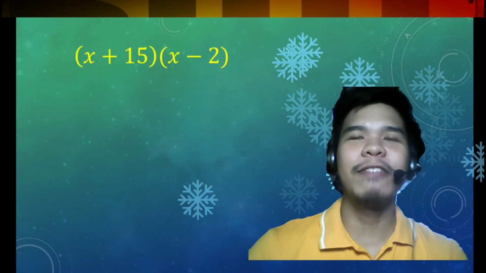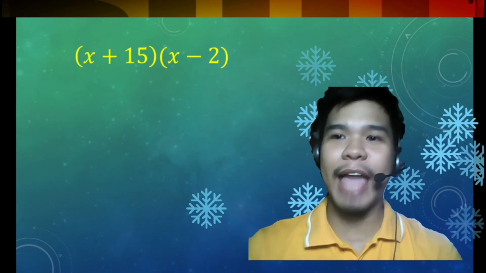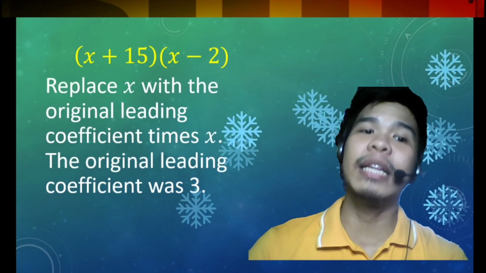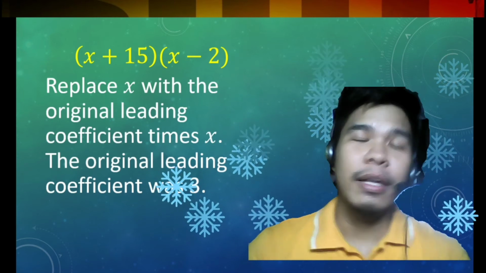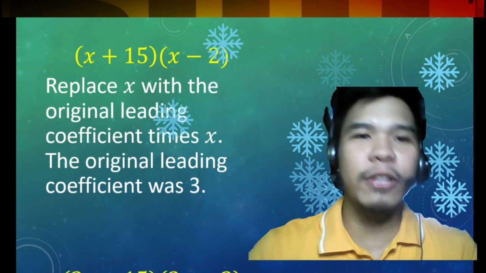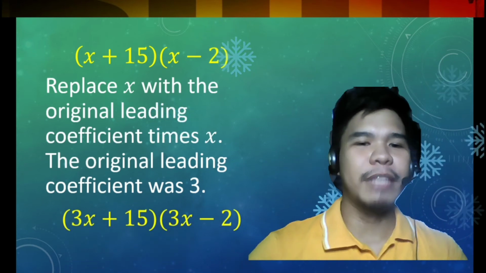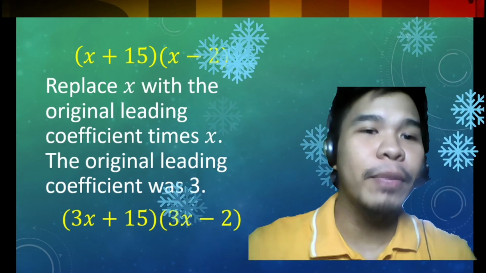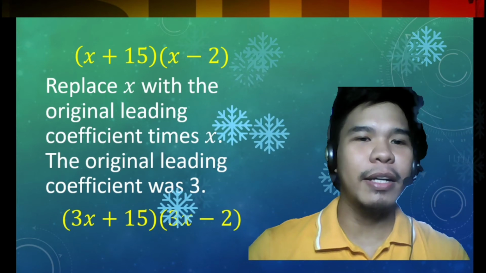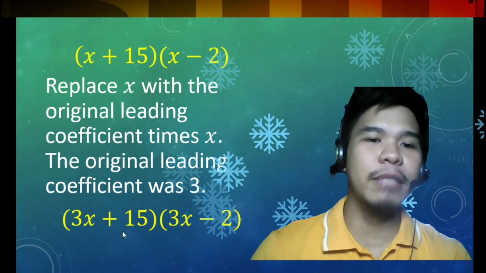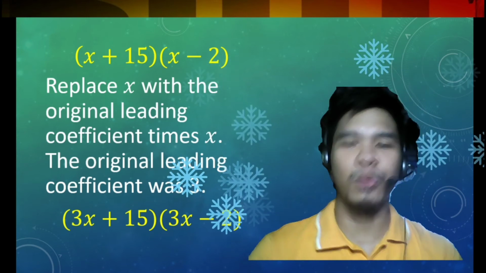So the factors of x squared plus 13x minus 30 are x plus 15 and x minus 2. Followed by the next step, we need to replace x with the original leading coefficient times x. Going back, the original leading coefficient was 3. So the factors will become 3x plus 15 and 3x minus 2. All we have to do is replace x by the original leading coefficient times x. After that,